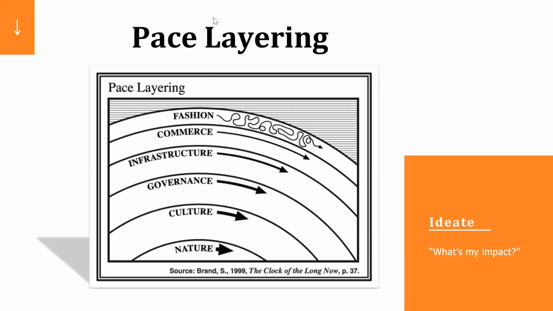I see. So in your case, what were the paces that you and your team chose for the gamification idea actually? We chose two. Actually, we chose commerce and also infrastructure. Why? Because mainly for gamification, you need to develop the story. You need to also develop the things that you want to monitor, the trends and everything, and it takes some time, right? It's not like fashion that needs to be changed very fast, right? But we need to develop it.